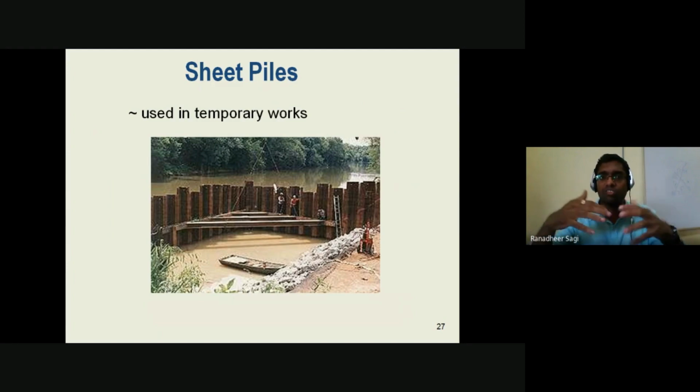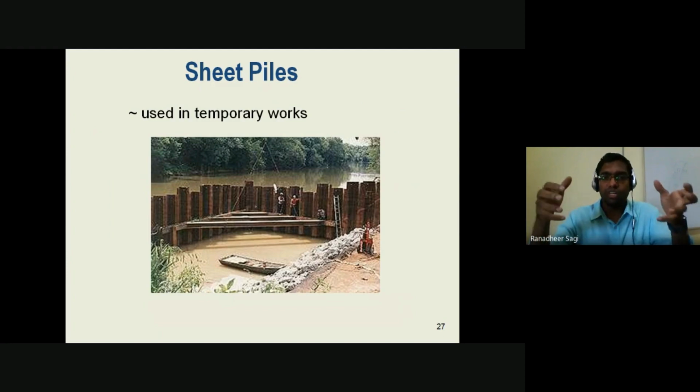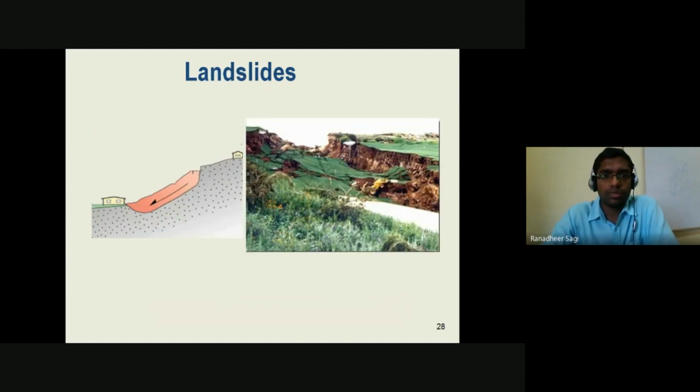In that water body, if I am required to take up any construction, these sheet piles can be temporarily driven into that particular region where I want to take up the construction, and you can prevent the water flow happening through that region. And by diverting the water flow, you can take up the construction in that particular area, and accordingly remove that temporary work you have created by driving your sheet piles in that location.